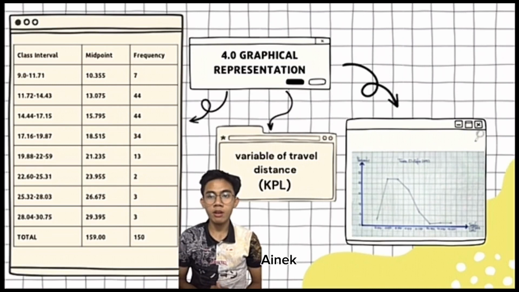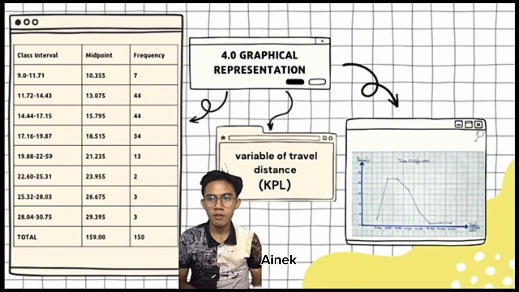For 4.2, it is the frequency polygon for the variable of travel distance, or kPl. We can see table 2 has three key points we can refer to: class interval, midpoint, and frequency, like table 1. For class interval number 1, it is 9.0 until 11.71, midpoint 10.355, frequency 7. Class interval number 2 is 11.72 until 14.43, midpoint 13.075, and frequency 44. Number 3 is 14.55 until 17.15, midpoint